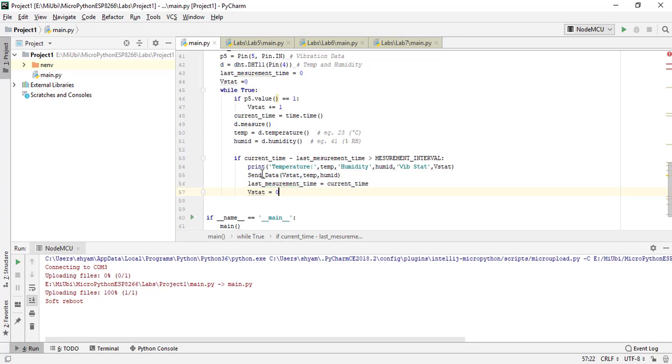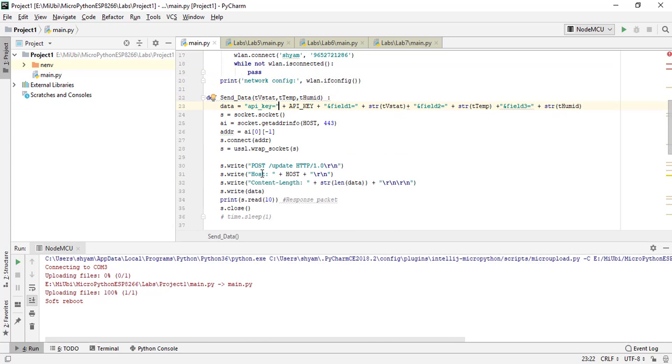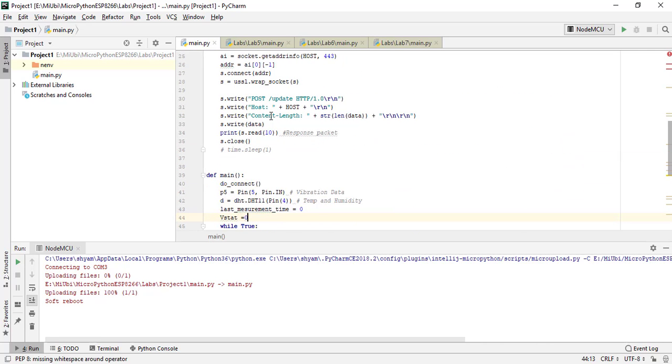Now, what does send data have? Send data has a data variable which mentions the API key equal to, this is a string, because our HTTP request must be something like this. That is why we are making a big string which contains this. API key is a macro, actually. The API key is the key that I copied from the ThingSpeak site for the channel I created.